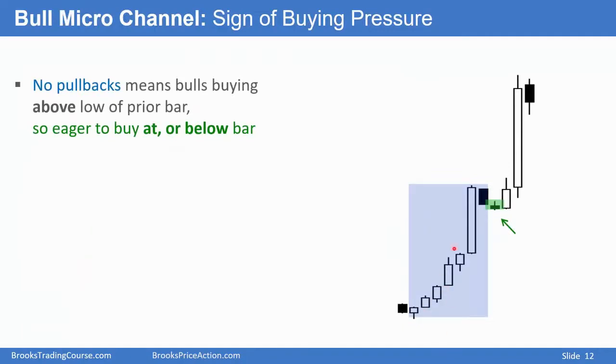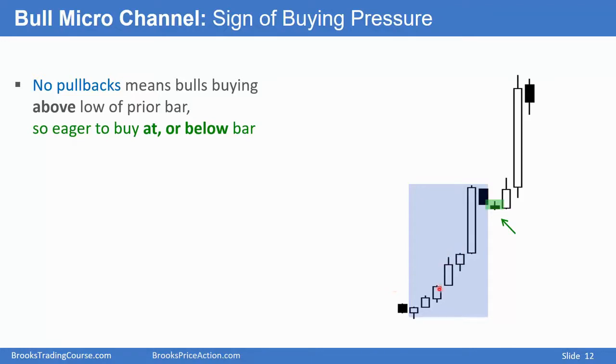We have a strong rally here. We have 6 bars closing near their highs and a very big bull bar here. So a 6-bar bull microchannel. The bears are attempting to reverse, but when a trend is this strong and you have a breakout this big, the odds are there'll be at least a little bit more up. Because of that, bulls will buy at the low of this bar, betting that the bear reversal will fail.